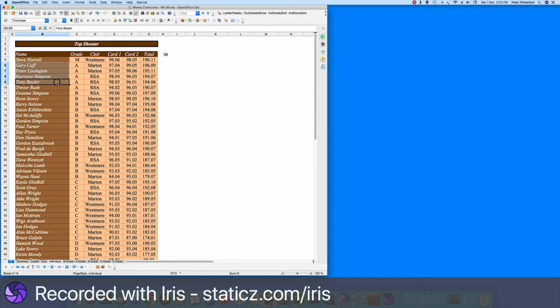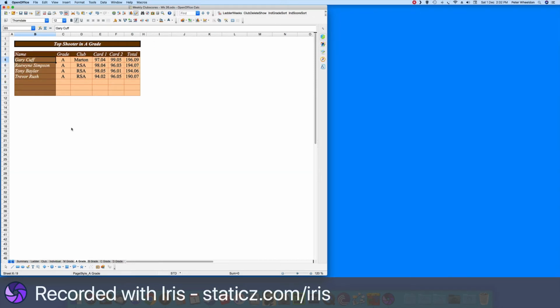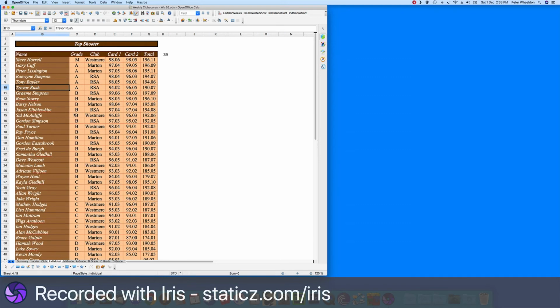So now we take the A grade shooters and copy into the A grade tab, paste, and I'll drag that formula down so that it picks up his information, and just do a quick check to make sure that there's no ties here. They're all in order,